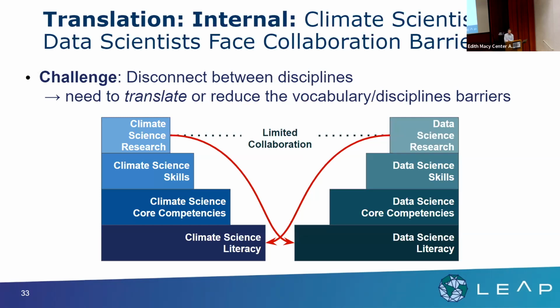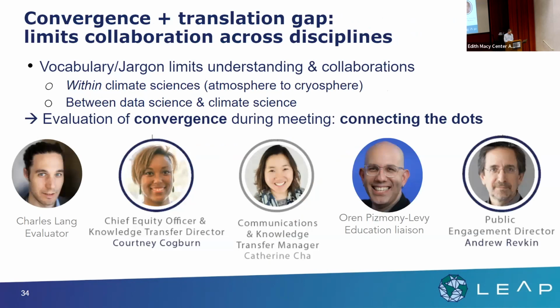And we also see that in terms of internal translation. So again, in the breakout session, try to think about those two aspects, external and internal translation. And again, very much related to the fact that we have potential barriers across disciplines, between the machine learning and data scientists on the one hand, and the climate scientists, but also across climate science disciplines as well, right? And that's what we want to do. We want to basically assess, especially pre-meeting and post-meeting, how are we doing in terms of translation? Can people understand what we are doing across disciplines within the climate sciences? And can they get that across disciplines between machine learning and the climate science?